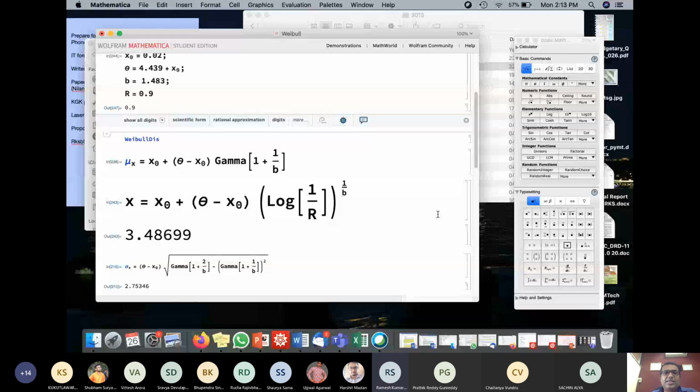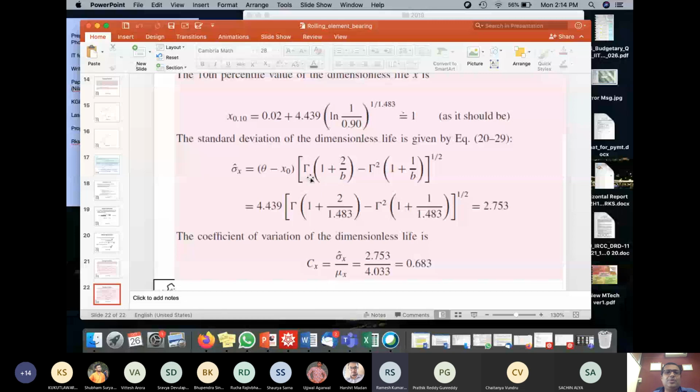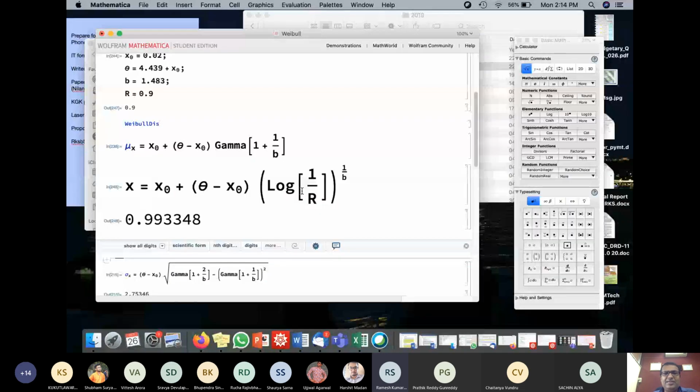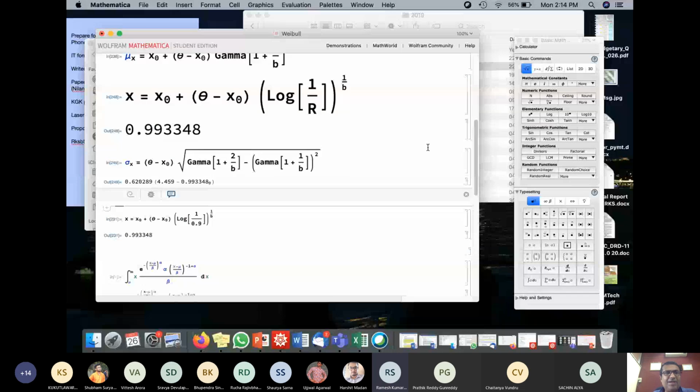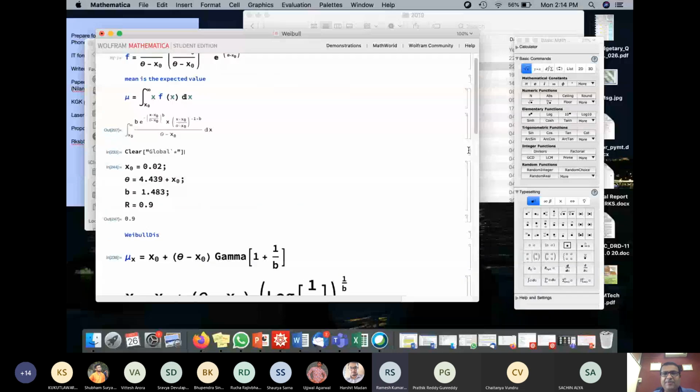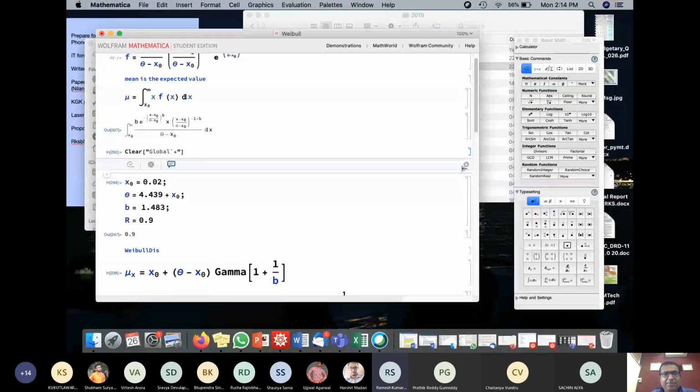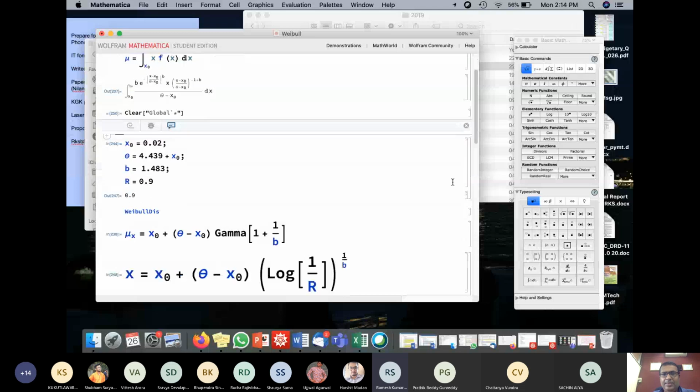standard deviation. Standard deviation, again, let's do the same thing. Standard deviation, I will have this. Let me blow it up for you. Okay. Again, something went wrong. So let me go ahead and unset it first, and then we'll do it. Unset.